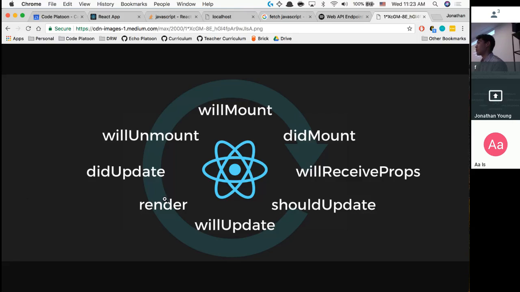Once the component renders onto the screen, it does a bunch of things. Every single time the component updates, you can hook in at that point. And then once the component unmounts or dies, you also have the ability to hook in at that particular point. So we're going to talk about component will mount, did mount, and we already know render. Just know the main thing about component life cycles for right now, and I'll put up some more notes because